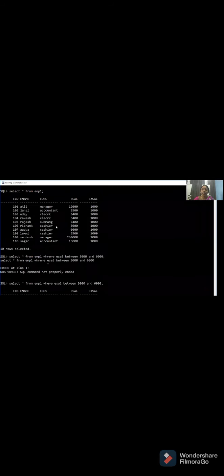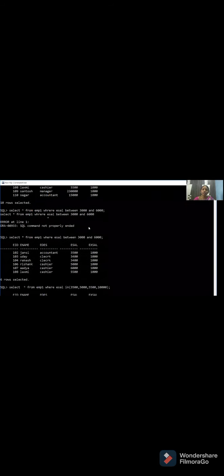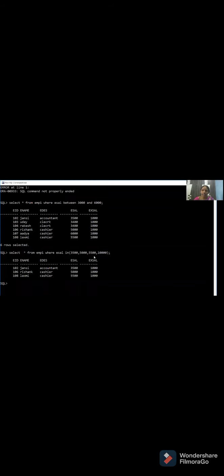That means the employee salary column values are compared with a given list of values, so there you use the in operator. Clear? Now this is the difference between in and between. In case of in, you have to give a list of values, whereas in between, you just give the starting value and last value. Clear all? Now I'm going to explain the other operator, that is like.